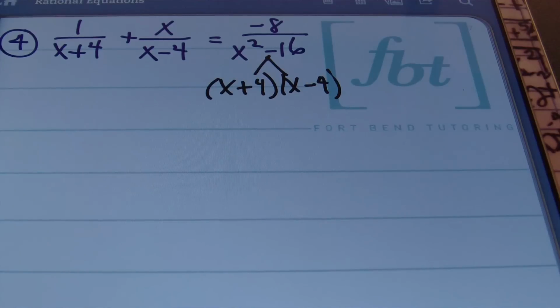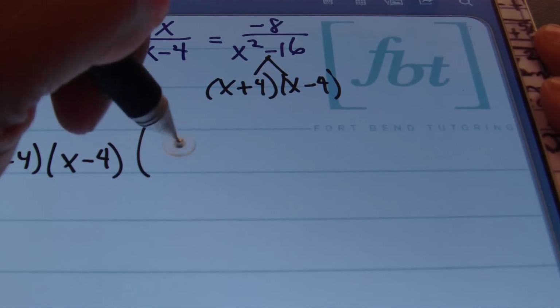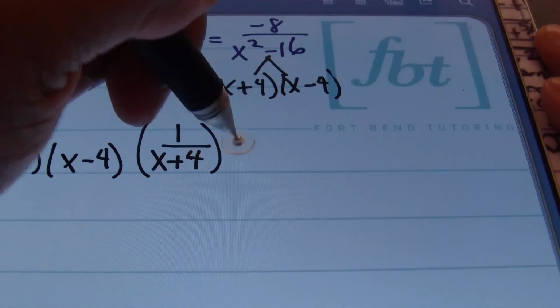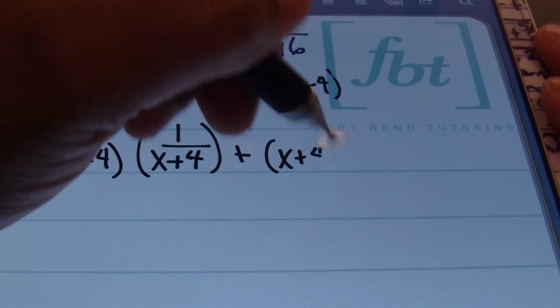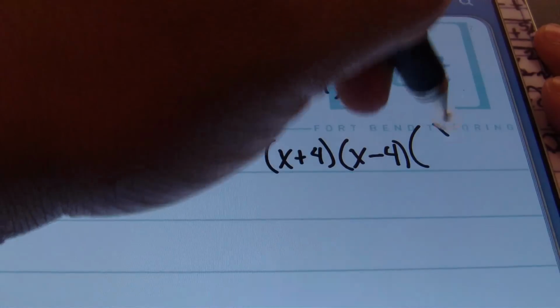Now that I have that factored, I now know that my LCD is just this, because it's the product of all of the factors that I have in my equation. It's x plus 4 times x minus 4, and that is what I'm going to multiply each and every term by. X plus 4 times x minus 4 times that first term, which is 1 over x plus 4. Then I'm going to have plus x plus 4 times x minus 4 times my second term, which is x